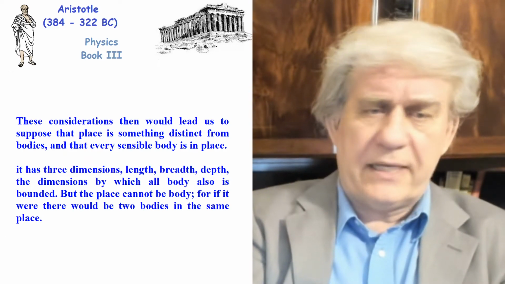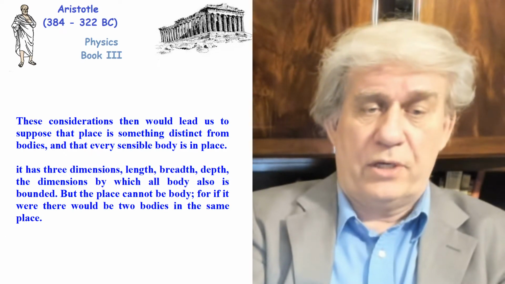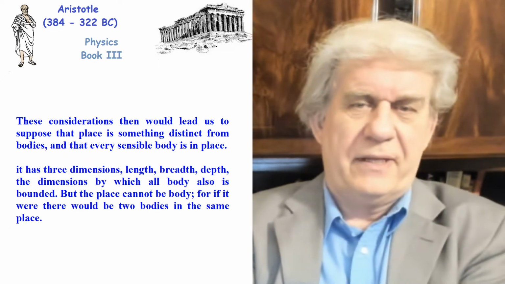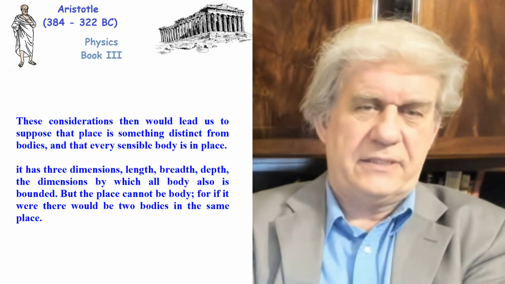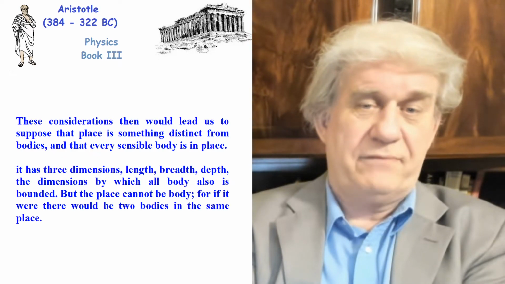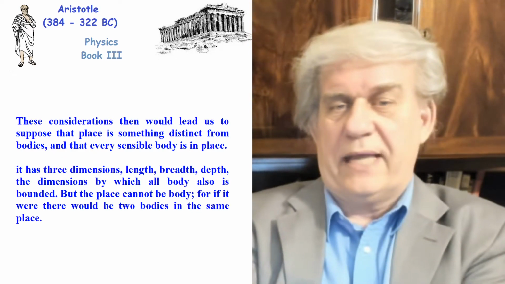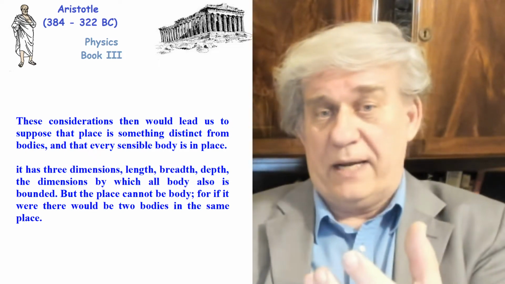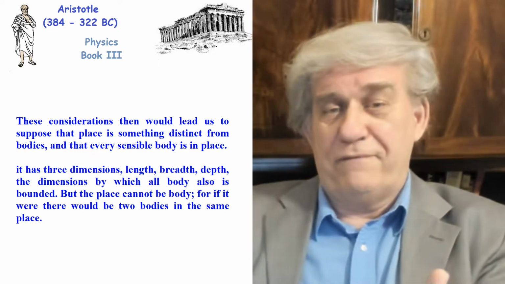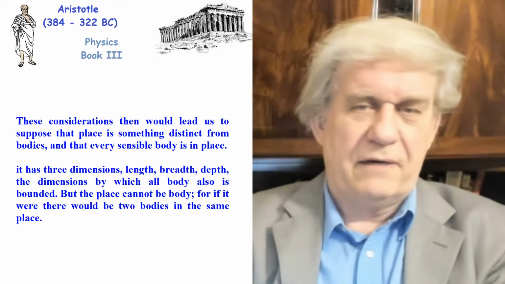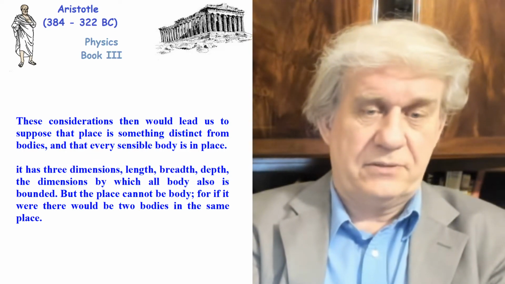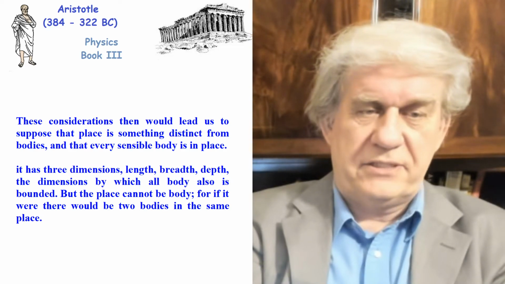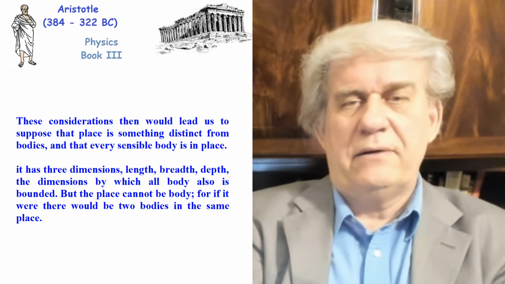Okay, but the place cannot be body, for if it were, there would be 2 bodies in the same place. That's his reasoning. He's saying place is not body, because you would have 2 bodies in the same place, and he's saying that that can't be. Another body occupies the place when the first body leaves. That's his notion of what place is. That's the notion he's going to use. So we still don't know what place is, but he's already telling you not only what he thinks it is, he's giving you some hints so that you can look at that and say, okay, I see where he's going with this, right? And okay, so here he